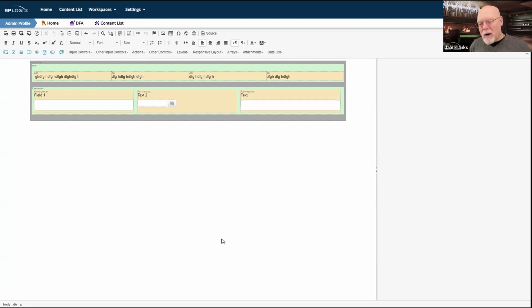The drawback here is not with Bootstrap itself, but with how it has to be implemented in the online form designer. We are kind of limited. The online form designer is itself a third-party component called the CK editor. It's pretty widely used in almost any sort of form building application that exists on the internet.